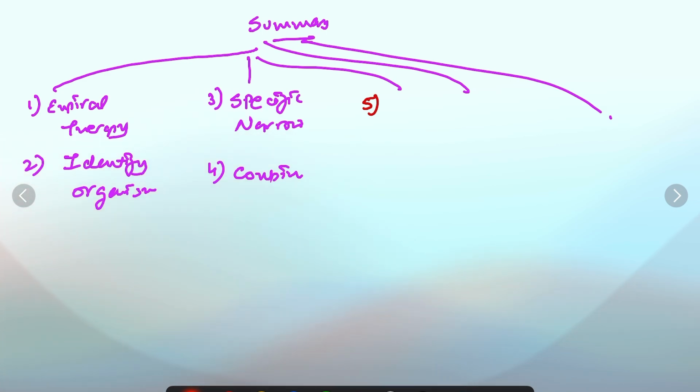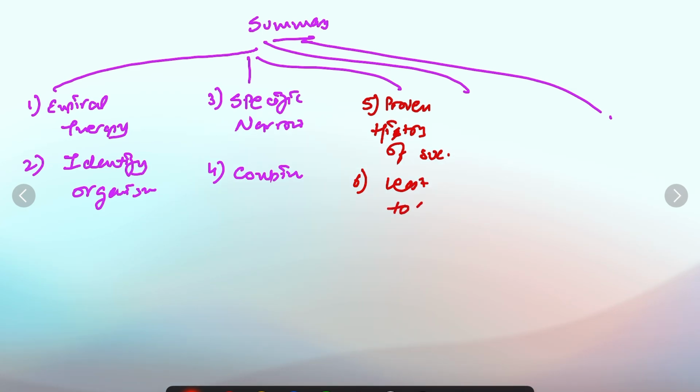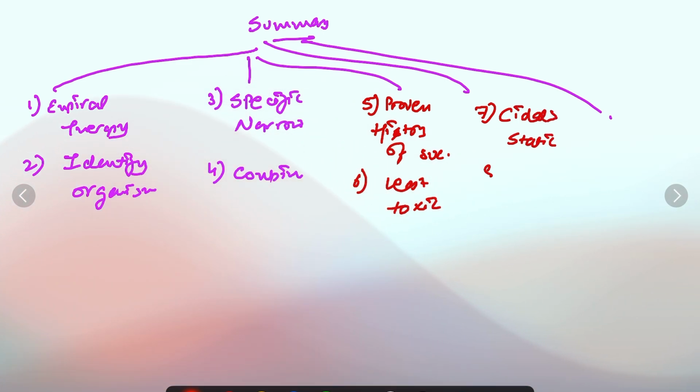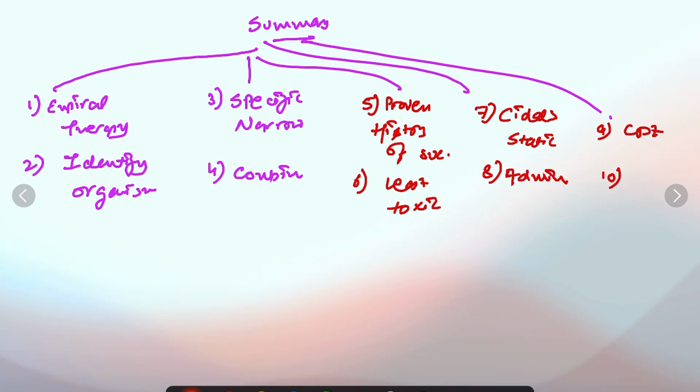Fifth one was use antibiotics which are having proven history of success. And sixth one, least toxic antibiotics should be started. Next pair was prefer cidal drugs rather than static, and proper administration of drug should be there. Cost should be as low as possible, and also try to reduce the number of pills so that the patient compliance is increased. 11th one is monitoring of patient should be done,